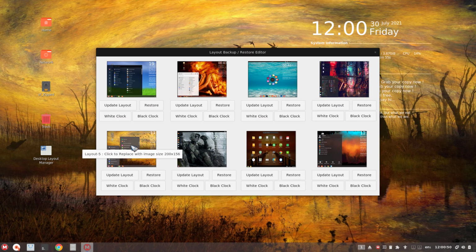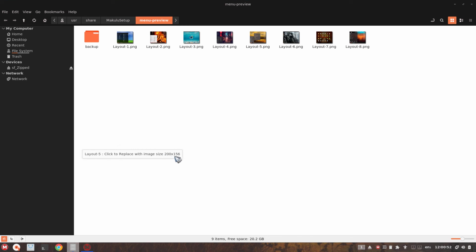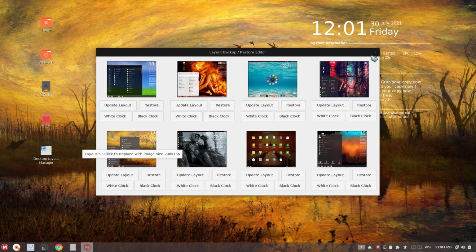If you click on the picture, it actually tells you the image size to use, 200 by 156, and you can replace any of these images with a new screenshot of that size. These are all 200 by 156. So you can screenshot your desktop as it is, resize it down to 200 by 156, and rename it to whichever layout. Simple is layout 5, so you can rename your image to layout 5.png, replace this little image over here,